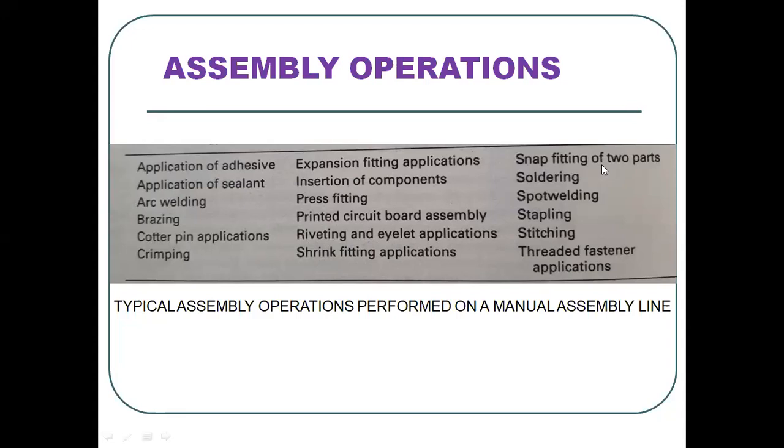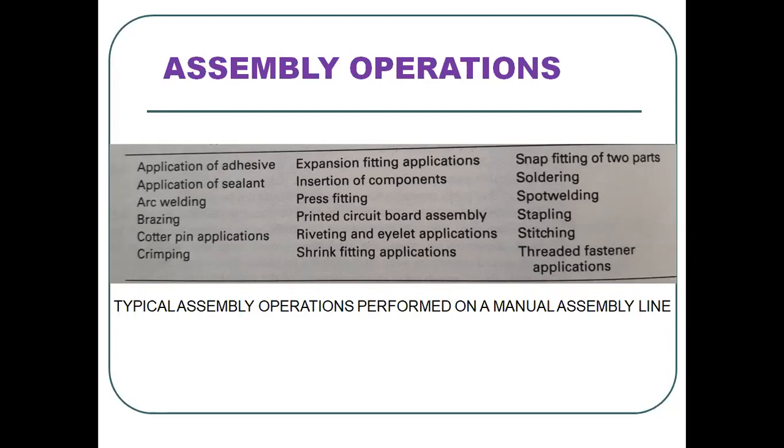Snap fitting of two parts, basically that interference fit, right? Or transition fit, for example. So that also is one amongst the assembly operations. Spot welding is the most general one, okay? Especially for automotive, we'll go for spot welds, for joining those BIW components. Spot welds are basically a series of weld spots, so that we can attach the different BIW parts. Threaded fastener applications, all these are assembly operations, right? Just wanted to have an idea of what all we are going to assemble, what the assembly operations are.